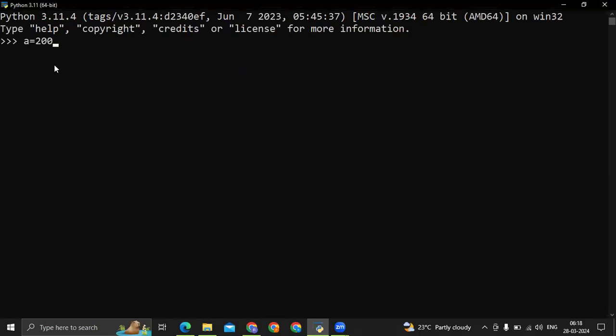Now, as we are discussing the integer value, the purpose of integer data is to store integral data, or whole numbers, meaning numbers without decimal places. Now, let's take A is equal to 200, B is equal to minus 345, and C is equal to 0. Now, if I write print A, type of A,